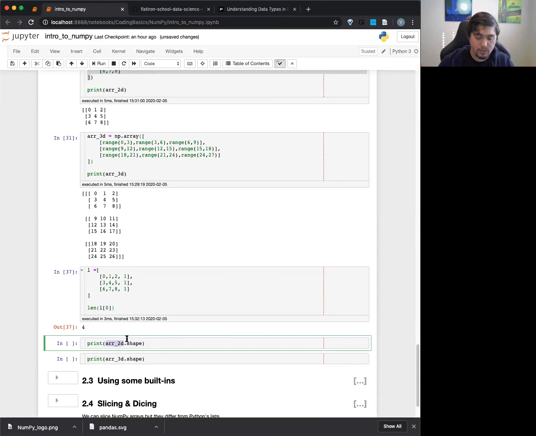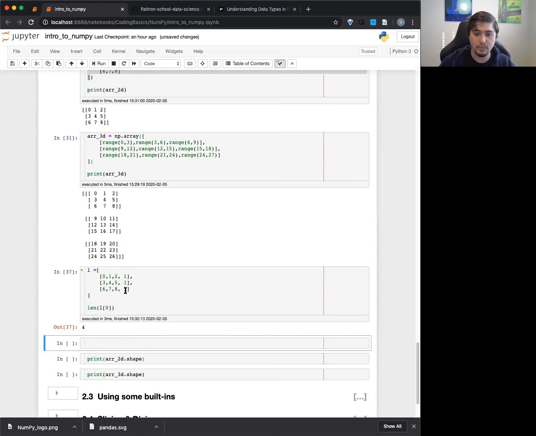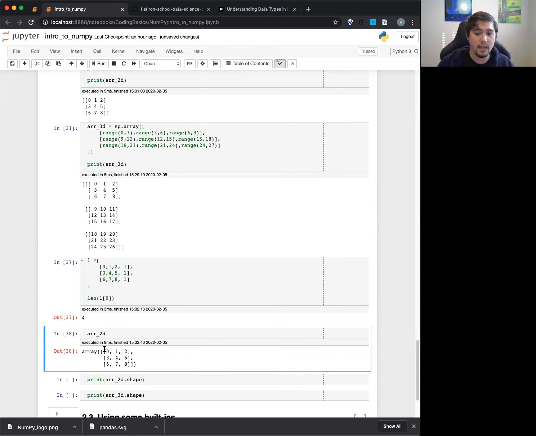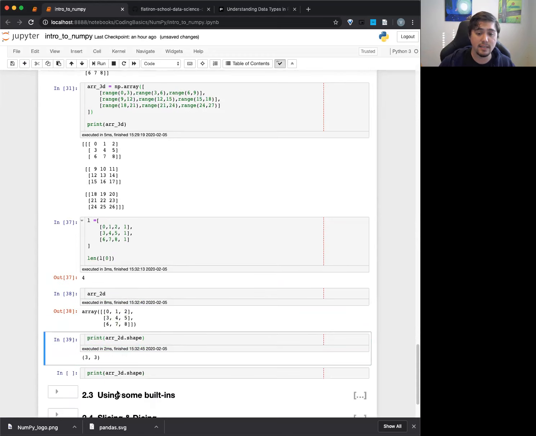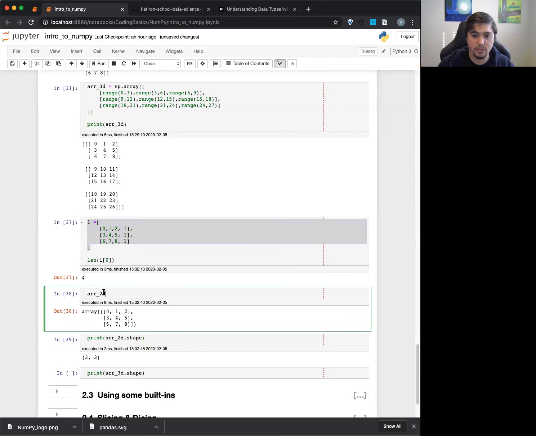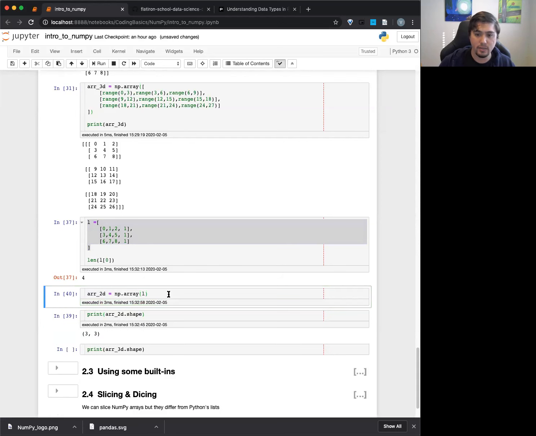And so this array 2D, I don't even remember what this looked like. Let's just put this in together. So if I go ahead and run this, you can see it's 3 rows with 3 elements. If I run dot shape here, you can actually see it says 3 rows with 3 elements in here. Let's go ahead and try to do this: np dot array of L, right? So we should see now